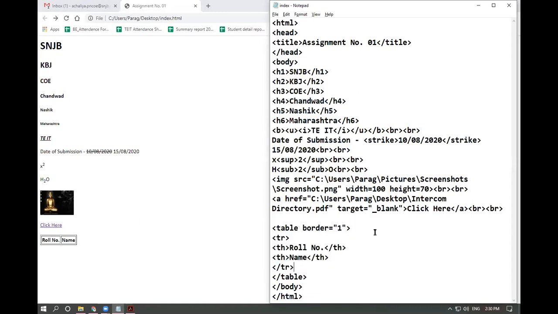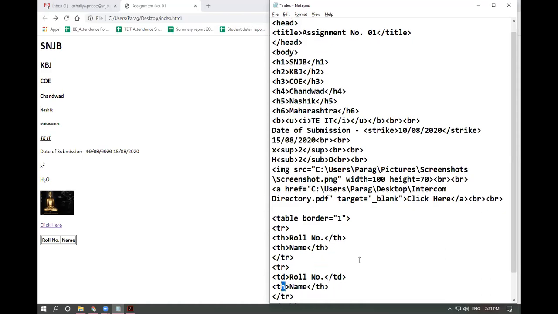Now I need to add one more record. Suppose that is my heading. Now I need to add one record for the table. For that purpose, I am again going to use tr. In tr I am going to use td.